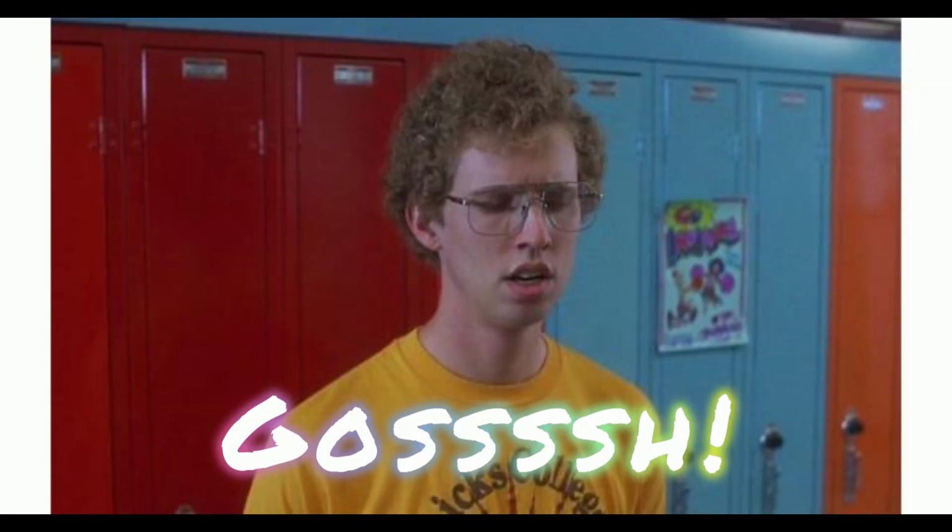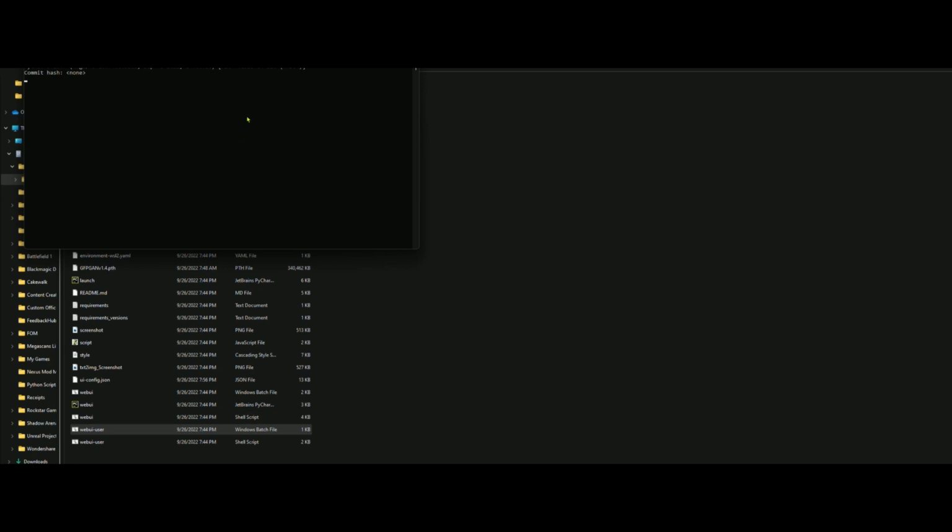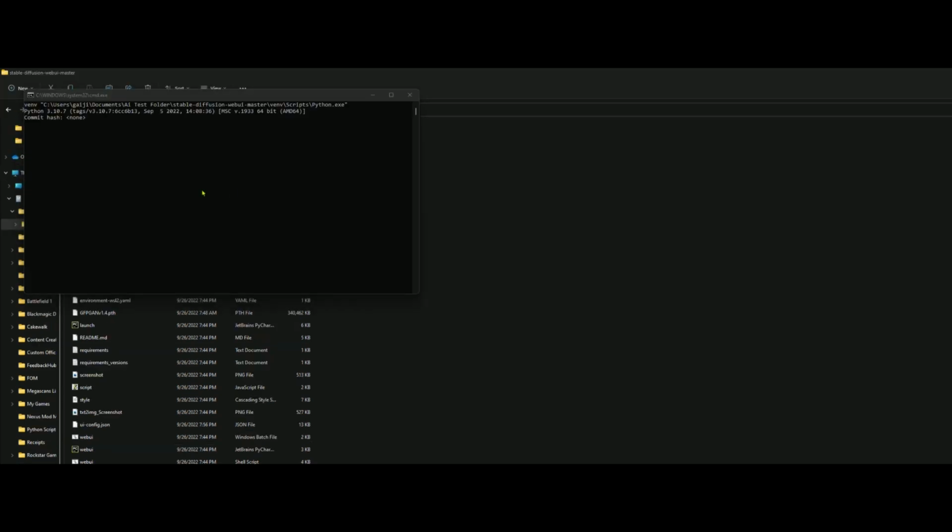Step 5. You're almost done now. Go into your folder and run the Webui-user.bat file. Do not run it in admin, smarty pants. Just run it normally as this is what the creator recommends. It will take about 1 minute to complete, and perhaps a bit longer the first time. You will know it is finished when you see the text running on local URL